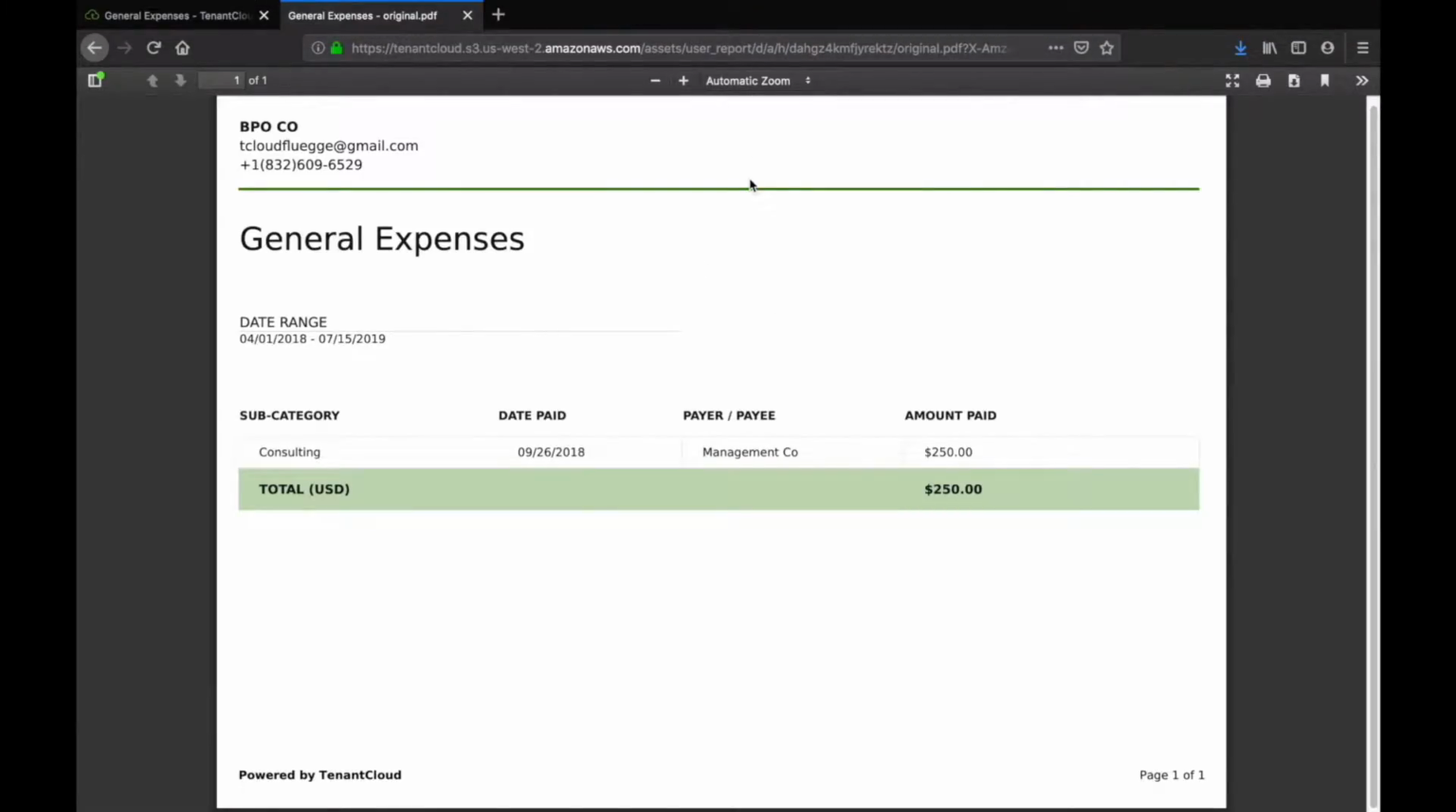And as you can see from the consulting fee, this is an expense that has been generated by the management company. And so that is why it's showing up on this report. This is something that the management company has actually paid as an expense for their company. This is not associated with the property itself or anything that has to do with the owner in terms of